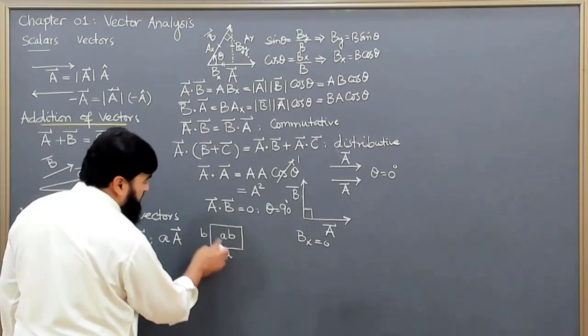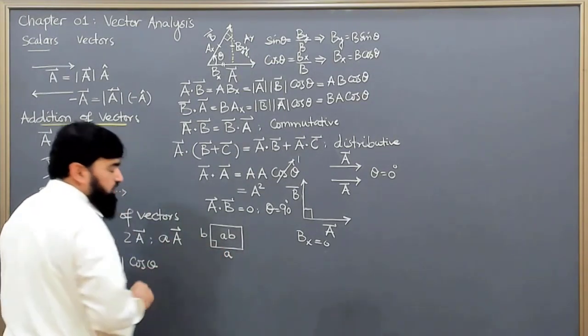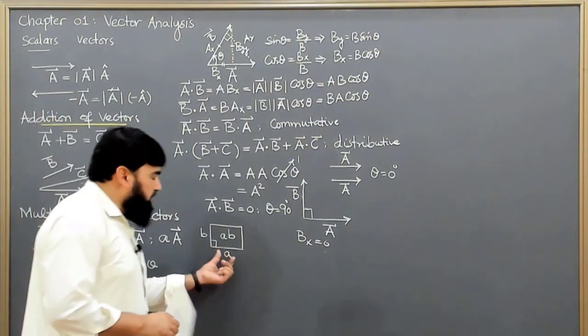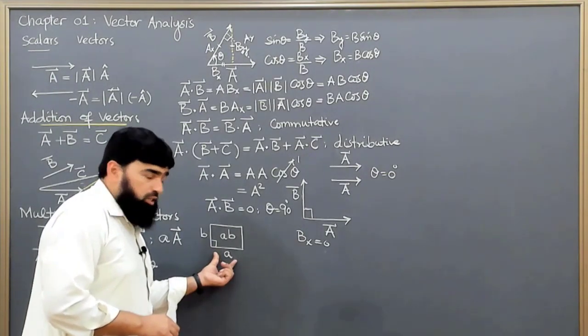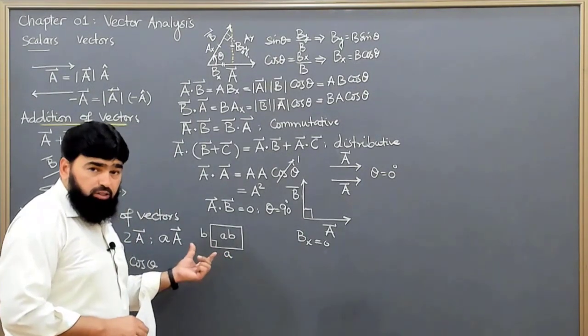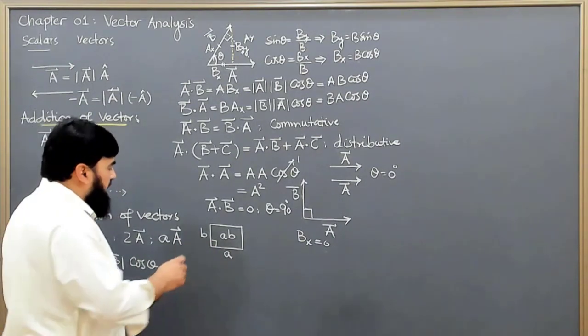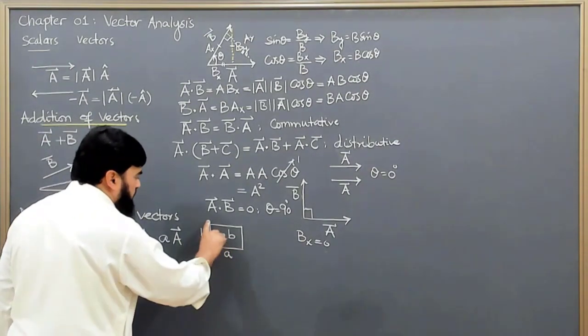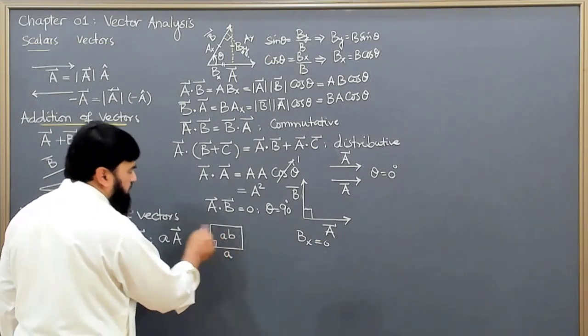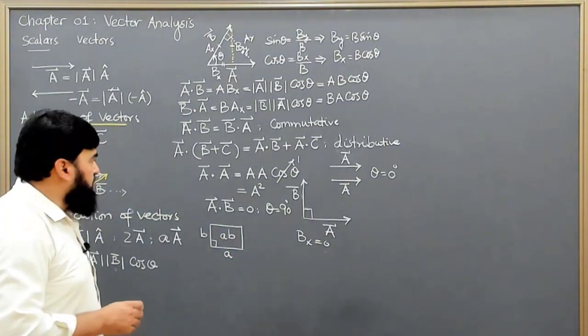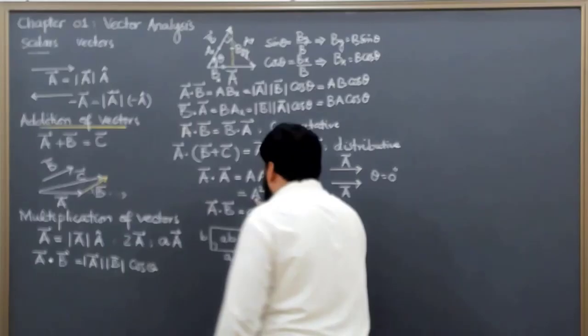That's why I just multiplied this, although the angle here is 90, but they are just numbers. They are not vectors. If I consider them vectors, then I will write this thing is vector A and vector B, and then their dot product will be equal to 0. So A square here,